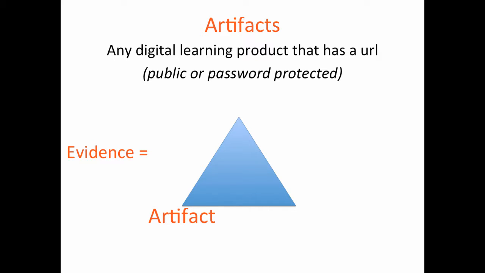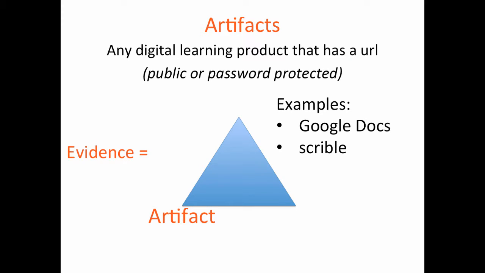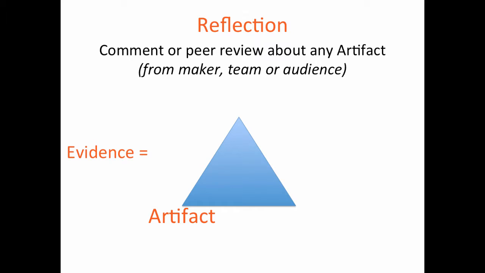So by artifacts, we mean any digital learning product that can be shared with a URL that can be either public or password protected. Examples of these could be a Google Doc, it could be your library in Scribble, it could be a YouTube video. If it can be shared on the web, it can be commented upon, and then it becomes subject to reflection,